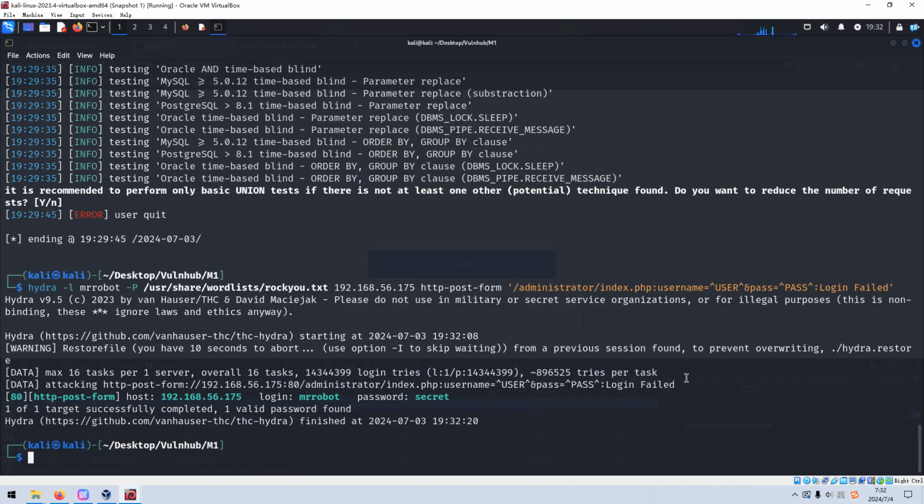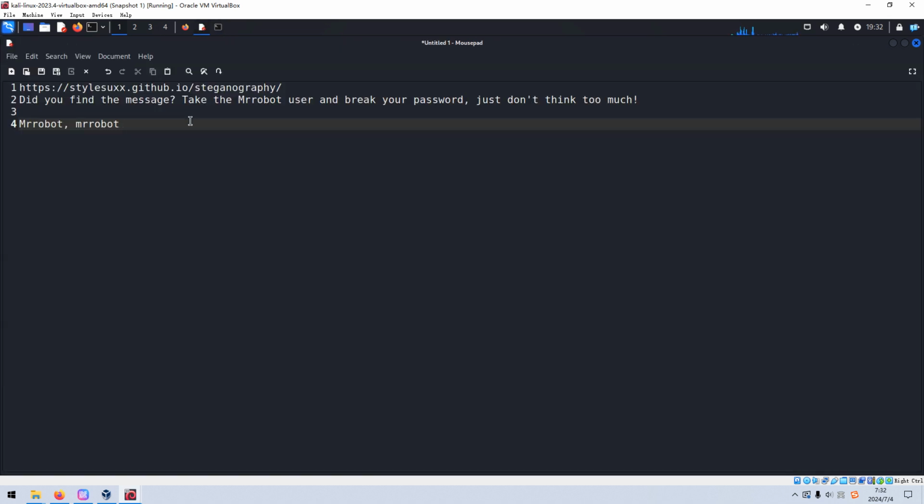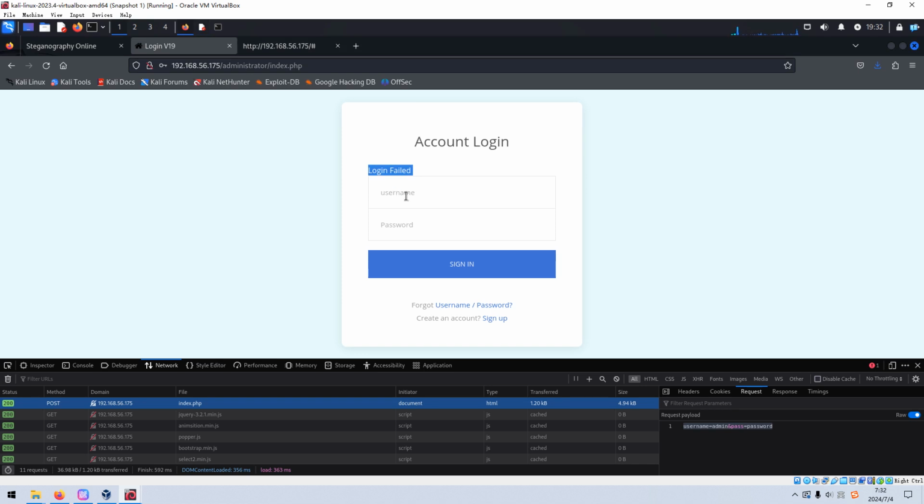Okay, very quickly, we retrieve the valid combinations of username and password because this password is a very simple one. And now we can put in here. So this should be the username and password. Then I think we can log in to